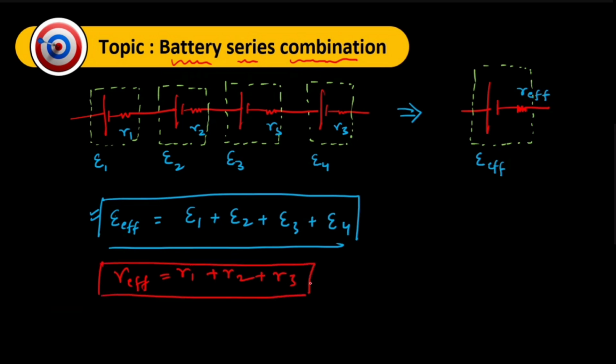Just add them and you get the value of resistance also. But in parallel combination, it's not the same, which is something we have already discussed in the last class, and I hope you remember that. If not, go through the recording. In the recording, we discussed these parallel combinations,